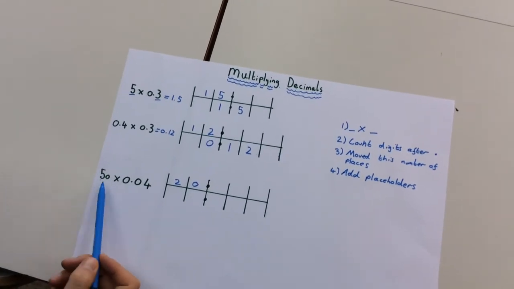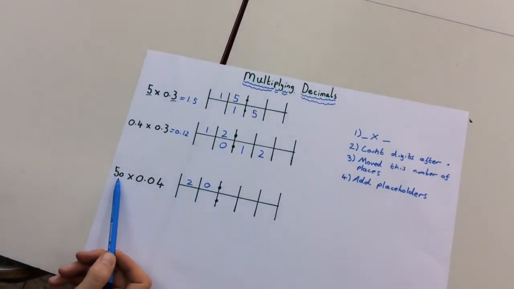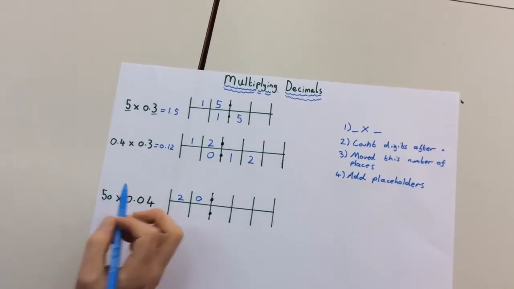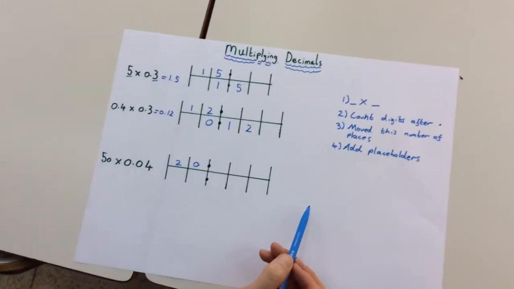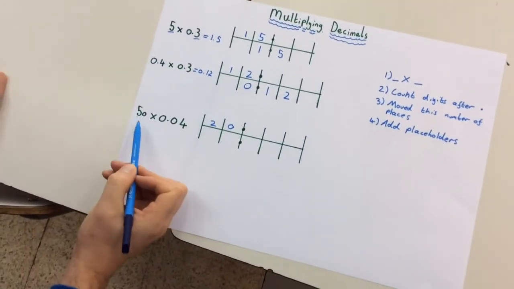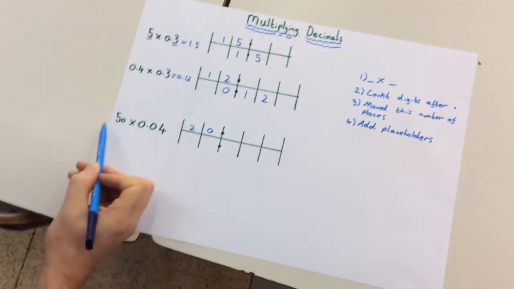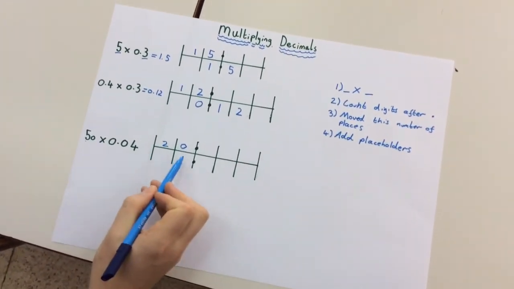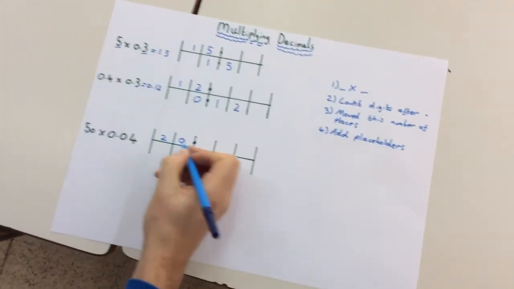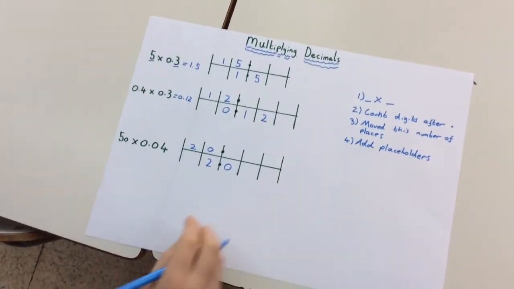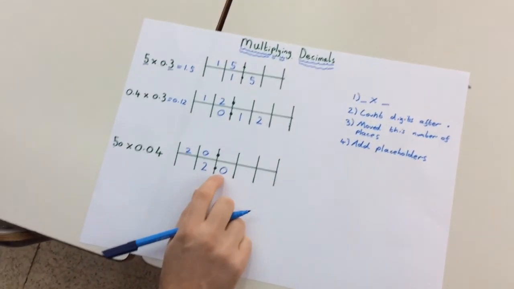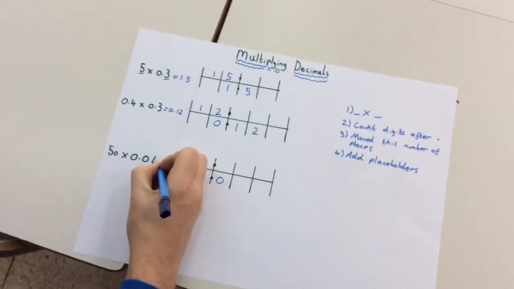But actually here we've got 50. And 50 is 10 times bigger. So what I've got to do is move 2 places to the right and then 1 to the left to make it 10 times bigger. So actually here I'm only going to move 1 place this way. So 1, 1. And there's zeros here. There's nothing here or here, so I don't need this 0. So the answer is just